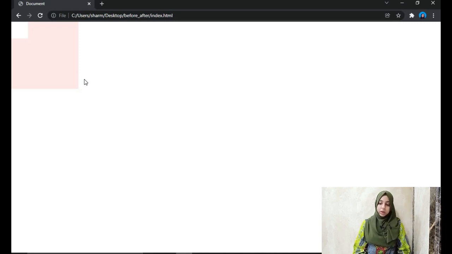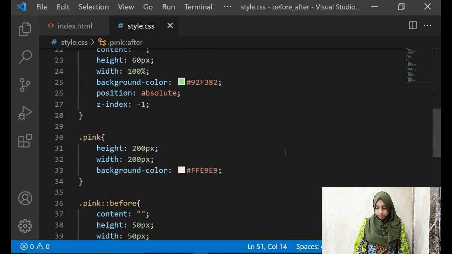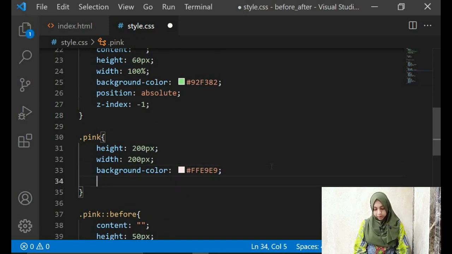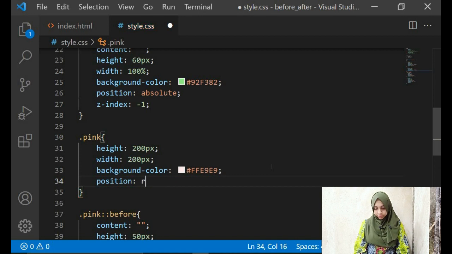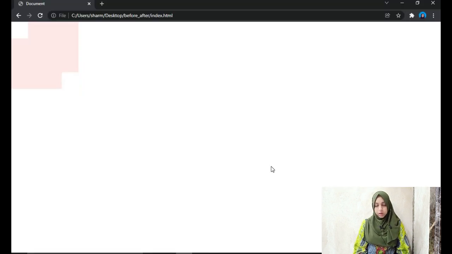Now why is that? Guess the problem and try to solve it on your own. Okay, so why is that happening? It's because we haven't given our main div a position of relative. Okay, so can you see it's back in its place?